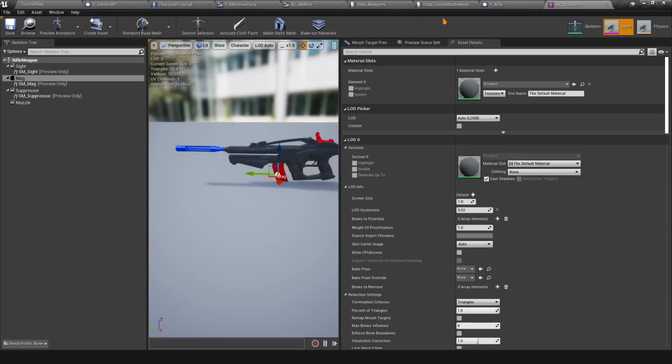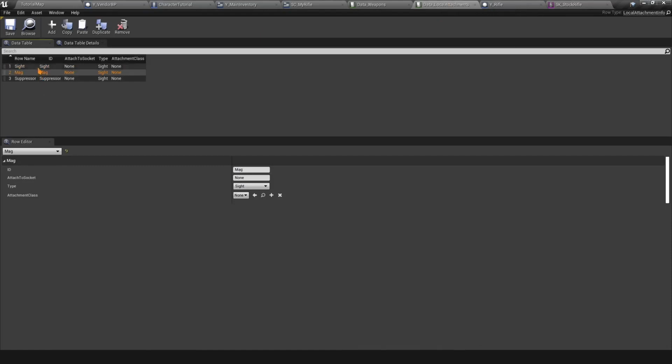Okay, so now you go back to your local attachments, and now you select those classes. So site to attach to socket, this is the socket we just created on the rifle. So it's the same thing, site here, mag, maybe you should have selected a different name so we don't get confused, but this is the socket in the weapon. The ID could be different, of course. Suppressor,